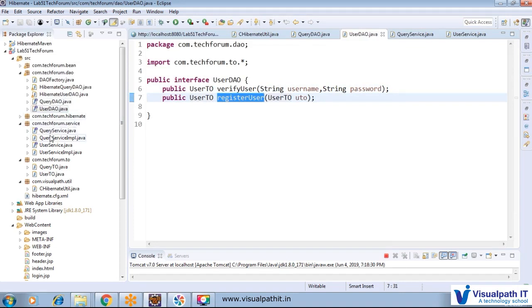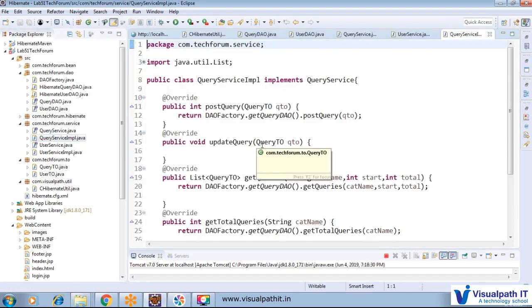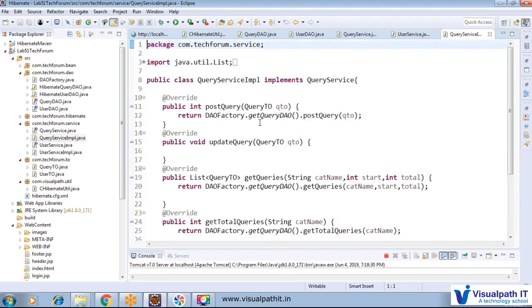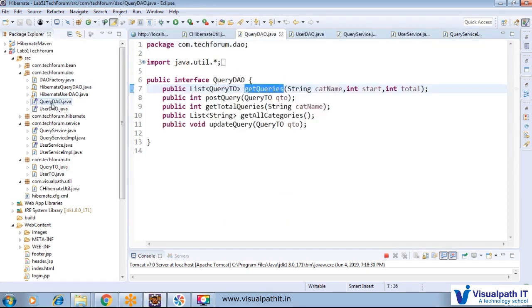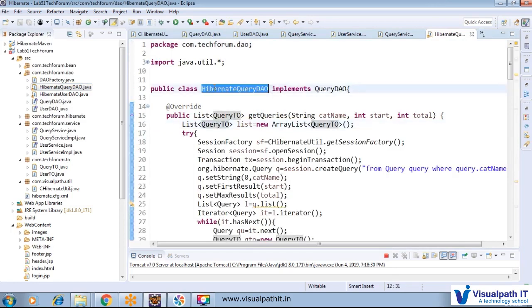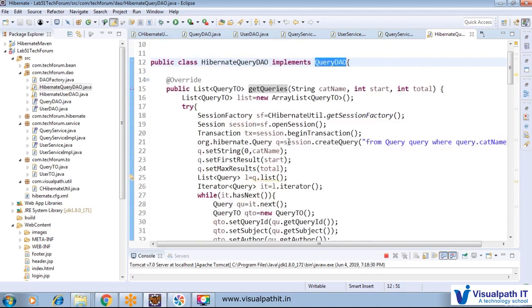So here we are going to write services related to that particular functionality, dealing with each particular method. We will start with the query. Its implementation we will write in Hibernate QueryDAO. Hibernate QueryDAO implements QueryDAO, and after that we override these methods. So in get query, we are passing